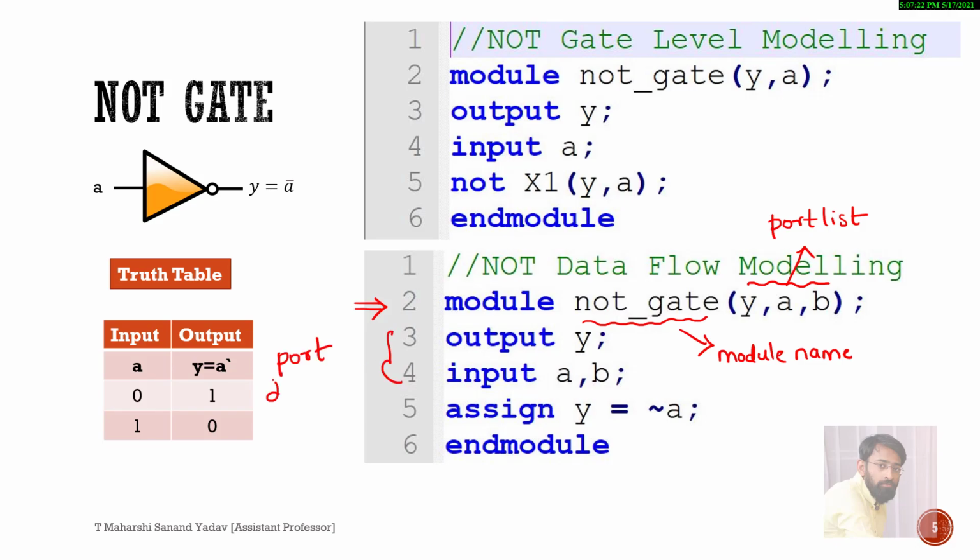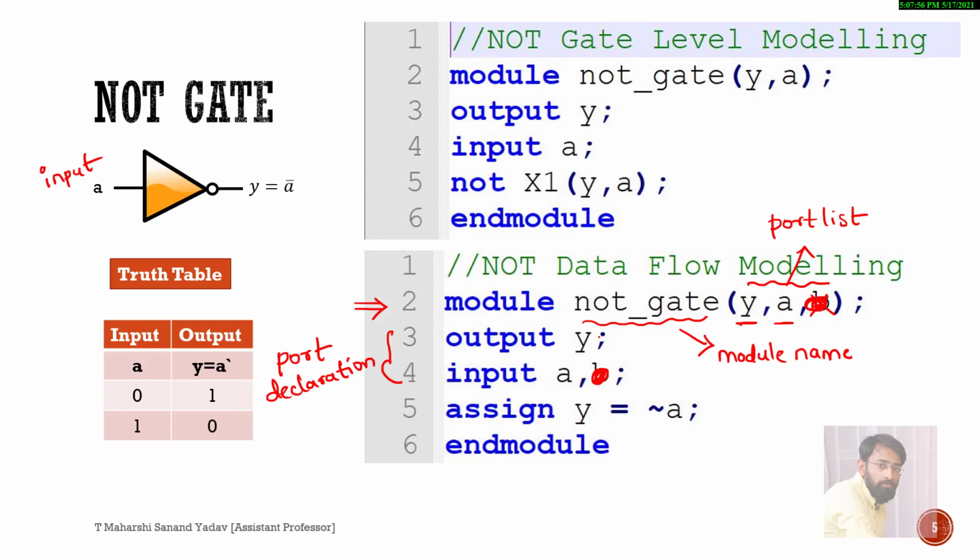After that we have to do port declaration. Port declaration means what are the inputs and what are the outputs that I am using. Among this port list I have deliberately taken something wrong, in order to show you what kind of errors we get. If you observe, a NOT gate contains only one input and one output. So here y is output, a is input. No need of writing this particular b. You can observe only one input is there, so you can remove this one also. Okay, module name and port list, output is y, input is a.